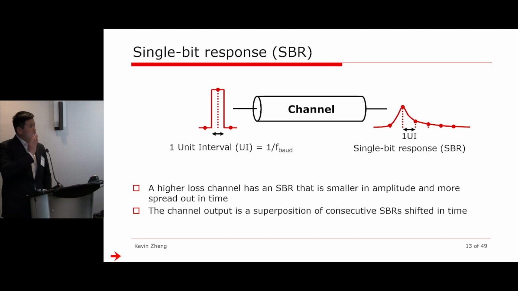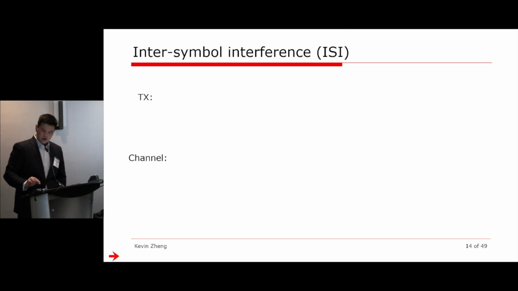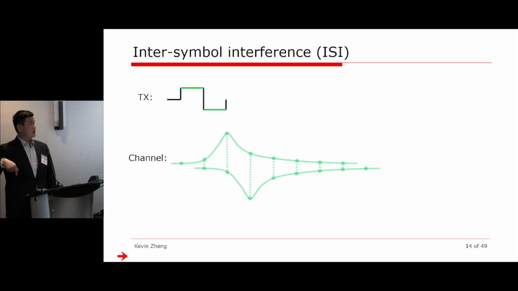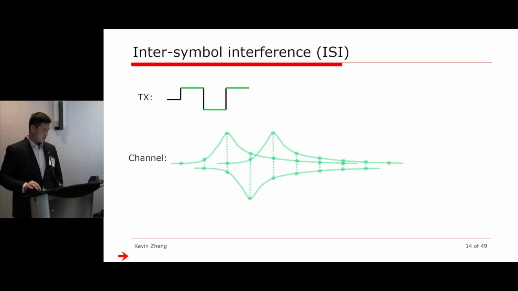And if I now want to send consecutive random bits, the output of the channel becomes a superposition of that single bit response because it's a linear system, right? Let's run through an example. Like I said before, I send one pulse. This is the pulse that comes out. Now I send a negative pulse because I want to send a 0. This is the negative single bit response coming out of it. I can keep going,